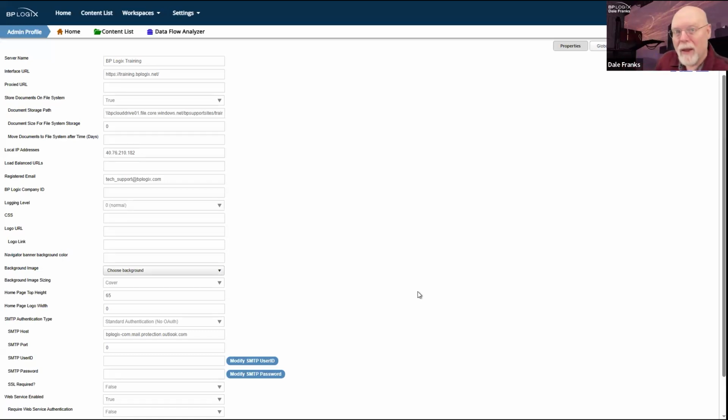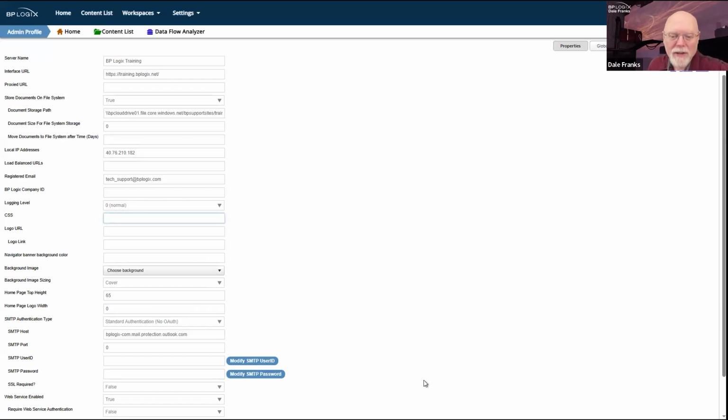Occasionally, in tech support, we'll say set your logging level to 2, maybe even 3. That's temporary. Once we say, okay, we found the problem in the more verbose logs, we'll tell you, please reset your logging level back to 0. 99% of the time, everything you need to know, you can find out in logging level 0 without having to try to store 50 megabytes per log every 5 minutes, which means that your logs only go back a minute and a half. Set your logging level to 0.